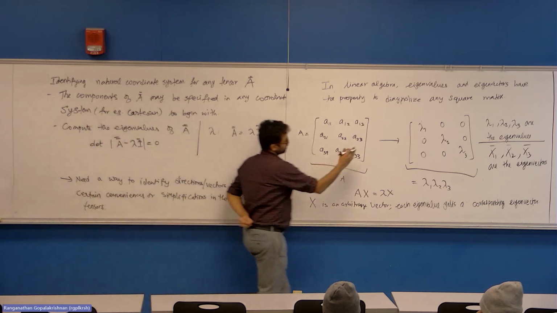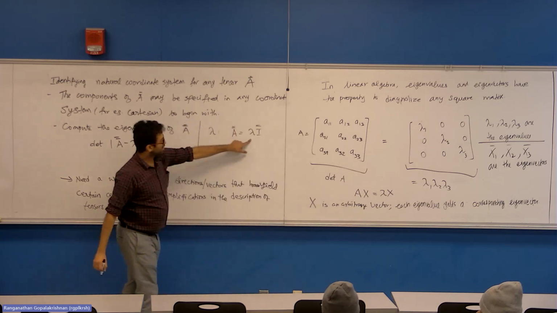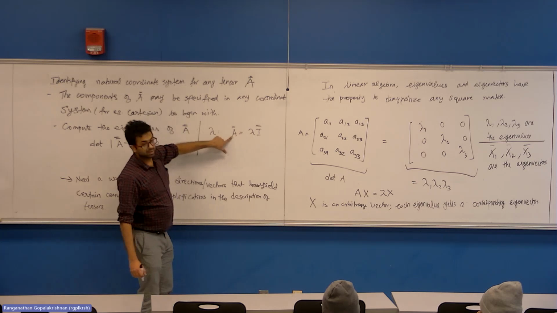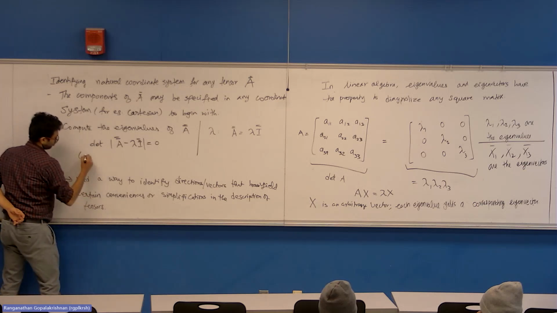That's what this statement is. If you say these two are equal, it's like saying that any of the three values of lambda can be used to express the tensor or matrix A. So by taking the determinant of this equation, we get a cubic equation